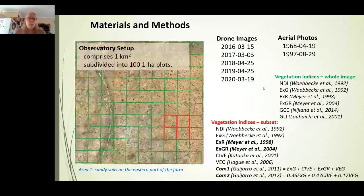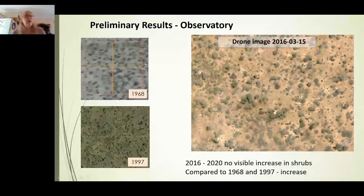2 additional ones were tested. I will just show the results a bit later. The ones that you see that are bold in the red section, those were the ones that showed more promising results. So if we move on to the results section with our observatory now, I've embedded a video here,